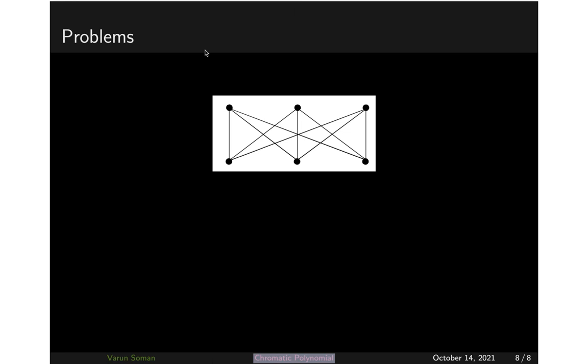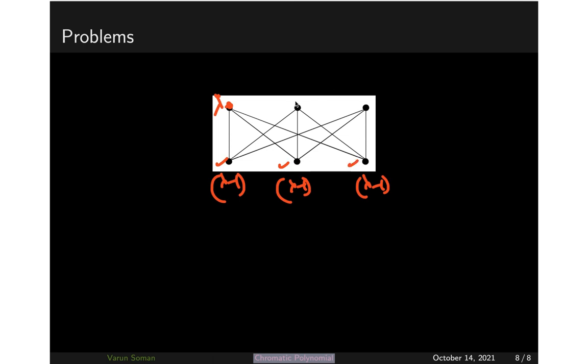This is a bipartite graph, so try to do this problem also. Just think of a commonsensical approach here, that will be easier in this case. Suppose lambda colors are available. Suppose I am first coloring this one, so lambda options are available for it. Once this color is given, I can color this using lambda minus 1 options. Now this vertex and this vertex are not adjacent, so lambda minus 1 options could be used here also. So these are the total ways of coloring these; this is accounted, this is accounted, this is accounted.